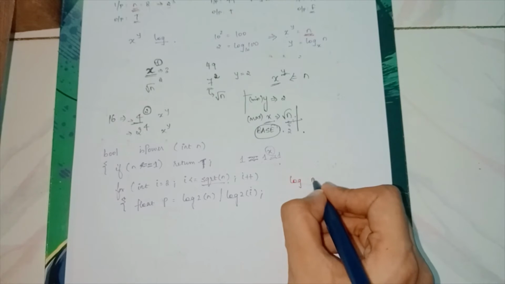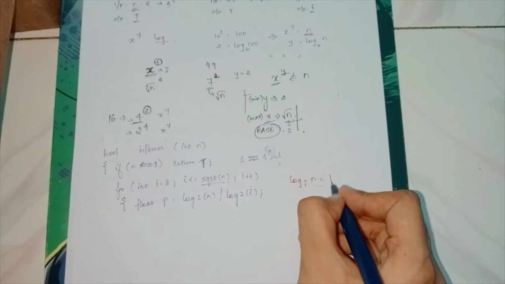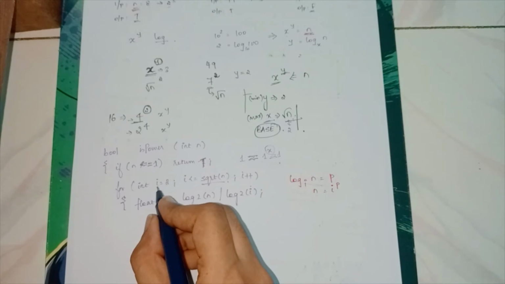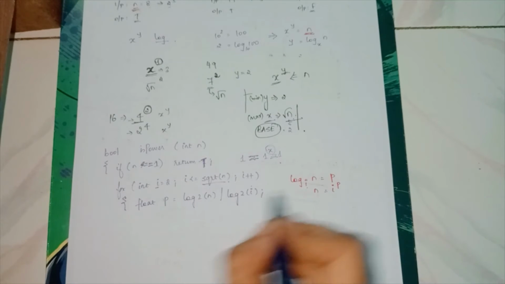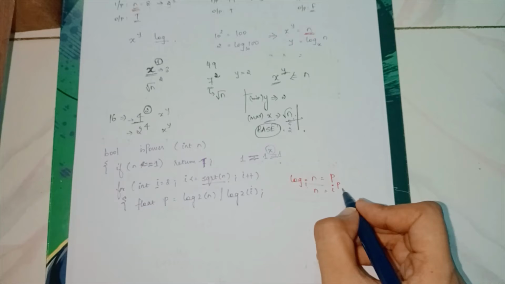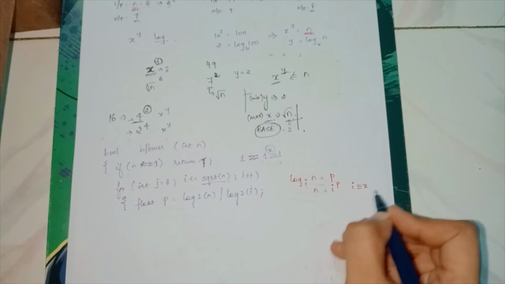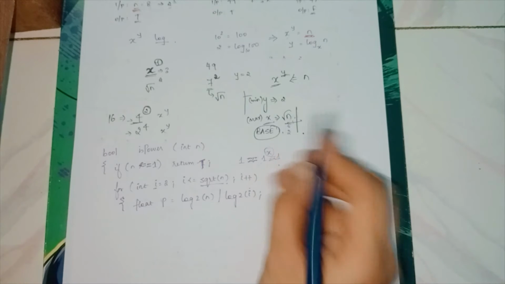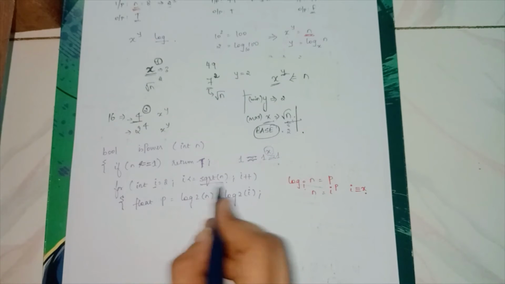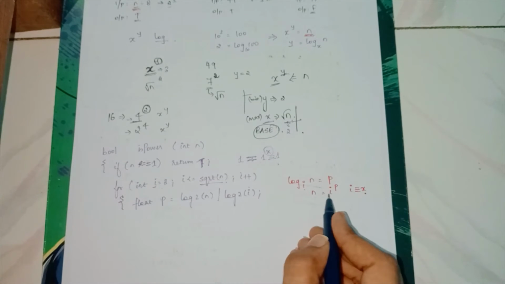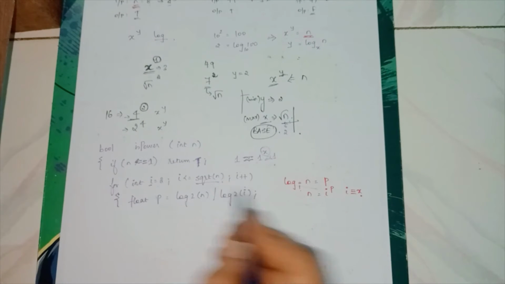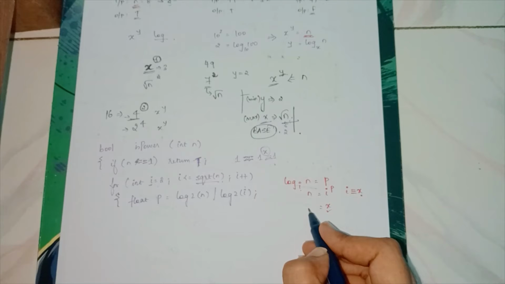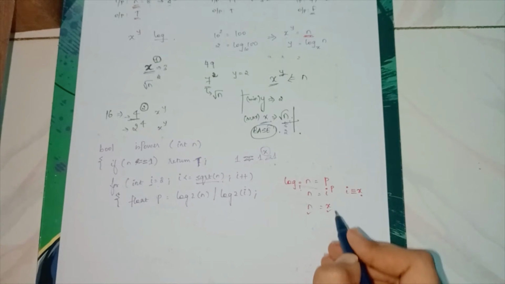Log of n to the base i is p, so i power p is n. This i is the variable that I have written here. What I already told you is that this i is the same as x. The x value can take a maximum value of root n, so I am running from 2 till root n. So the x value is defined, and n we already know, we got it from the user.